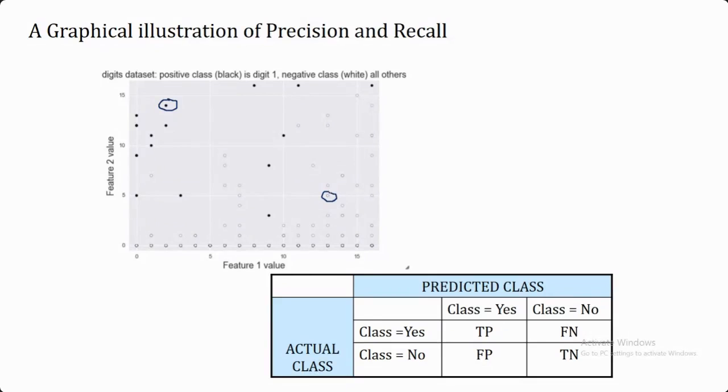Okay, now here we are working with logistic regression. In logistic regression, basically what we are going to do is draw a boundary. Based upon the boundary, one side is going to define your positive side, and the other side of the boundary is going to define the negative side. Whatever instances fall on the positive side, that is your prediction, and whatever instances fall on the other side, that is the prediction with respect to the negative one.